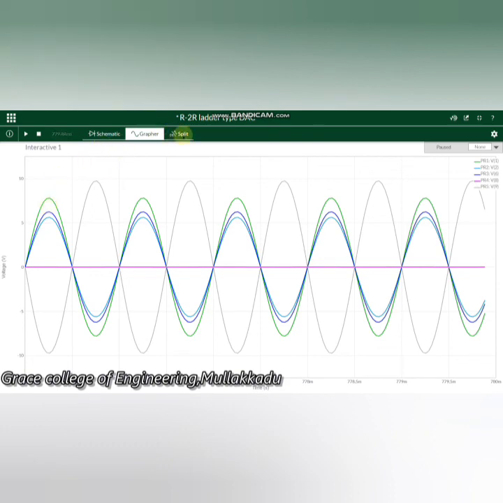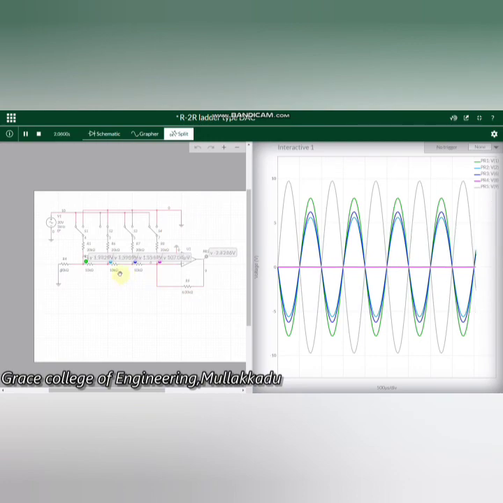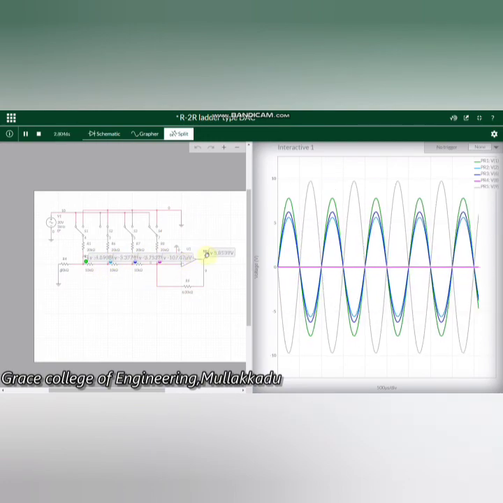Now I am going to simulate this in real time using Multisim Live. See how the output as well as the voltages vary. Now suppose I have given the switch position